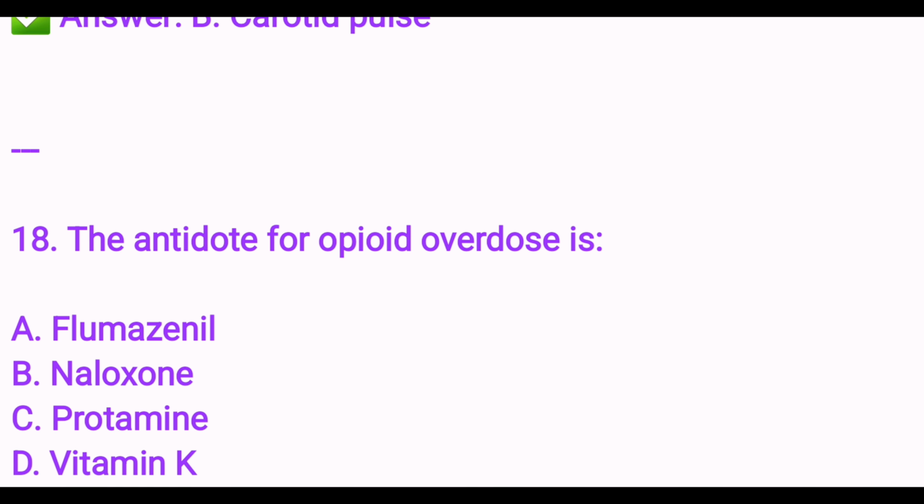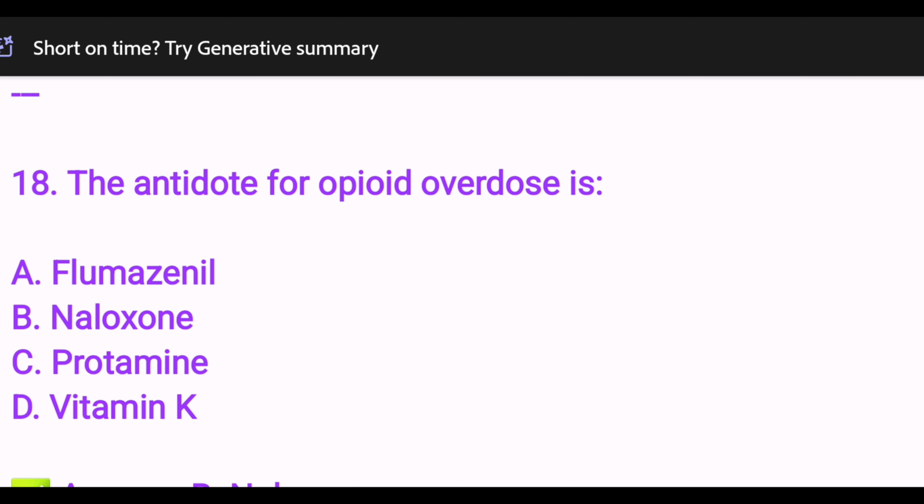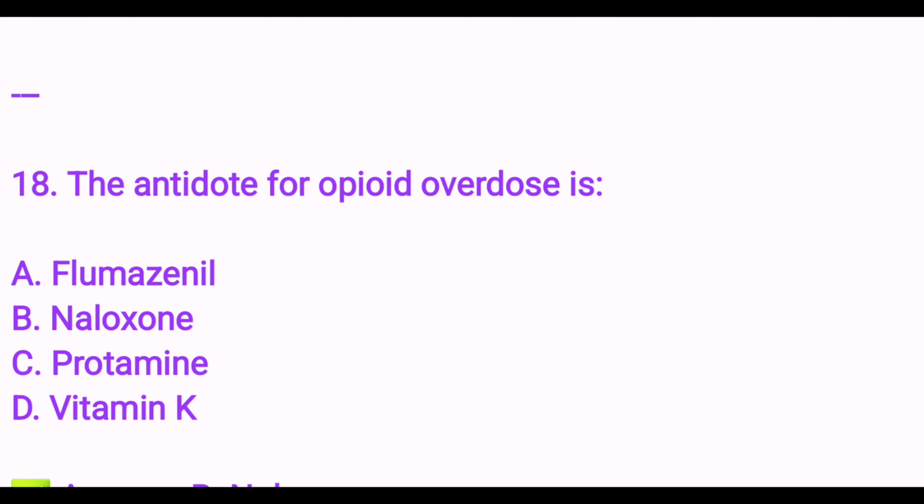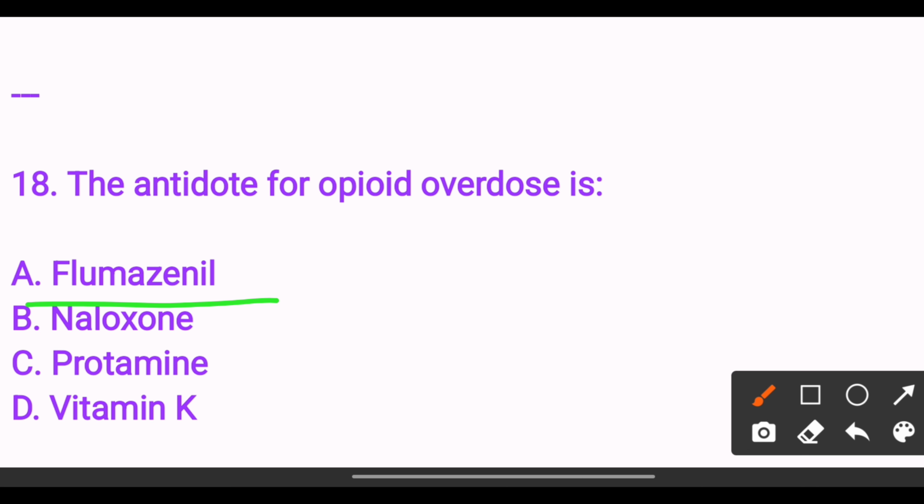The antidote for opioid overdose is option A flumazenil, option B naloxone, option C protamine, option D vitamin K. The answer is option B naloxone. Next,